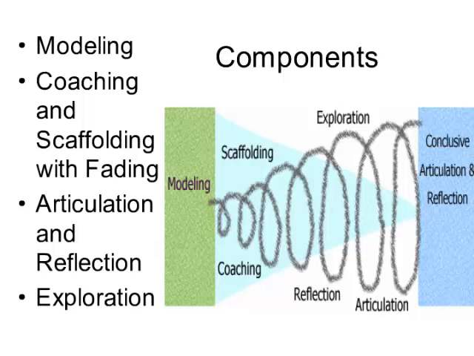And then as you move forward, there's a lot more time for articulation and reflection, and exploration kind of happens all along the way. And then somewhere as a concluding experience, you have an event where the articulation becomes an activity for reflection. Okay, so that's kind of showing you that, and really it's kind of like a timeline going from left to right, from modeling to the conclusive articulation and reflection event.